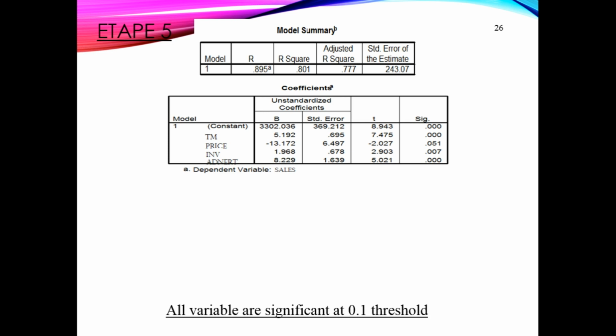And concerning advert, we see that advert influences sales significantly. When adverts increase by 1%, sales will increase by 8.22%. And the decision that we can take from that is that the company can use